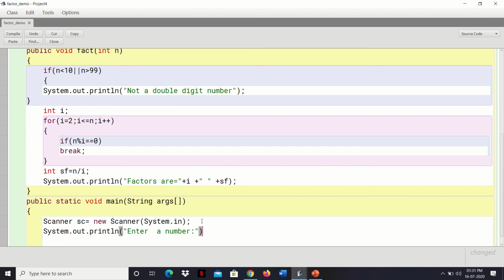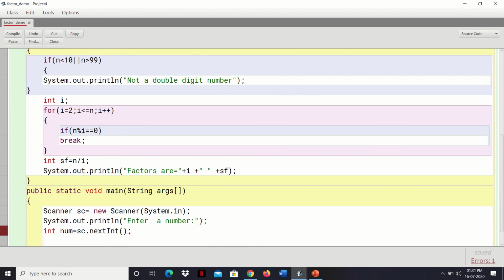After this, students, we'll take an input in a variable called num: int num = sc.nextInt(), right? nextInt is a method of the Scanner class to take an integer token as input.